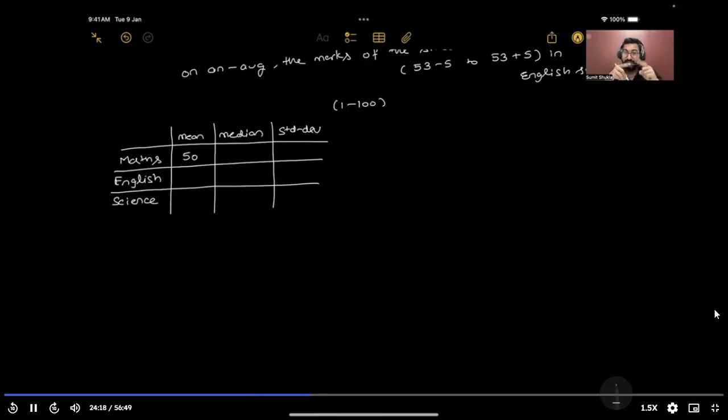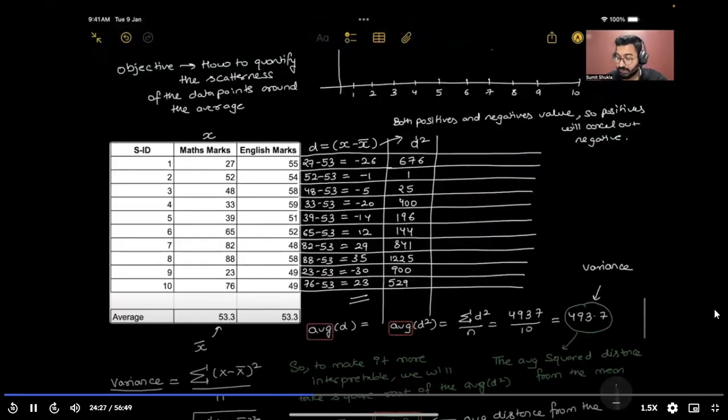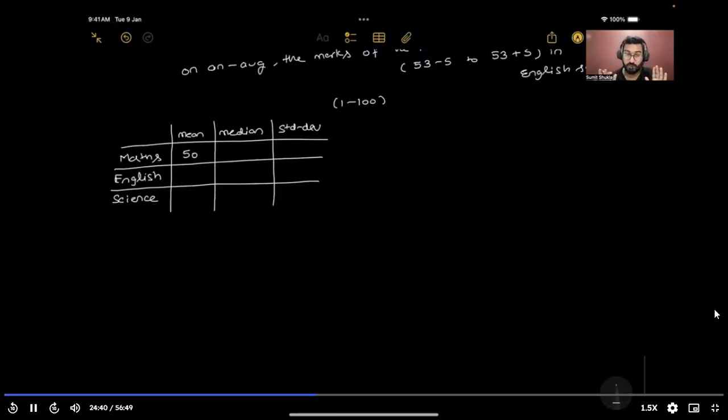So the comparison of the standard deviation can only make sense when we have the data points in the same range. For example, right now, the marks of the maths versus the marks of the English were both calculated on the same range, where the minimum is 1 and the maximum is 100, right? This is something you need to be very sure about, that the range is the same across all the columns or all the data points that you are comparing. So the range is the same